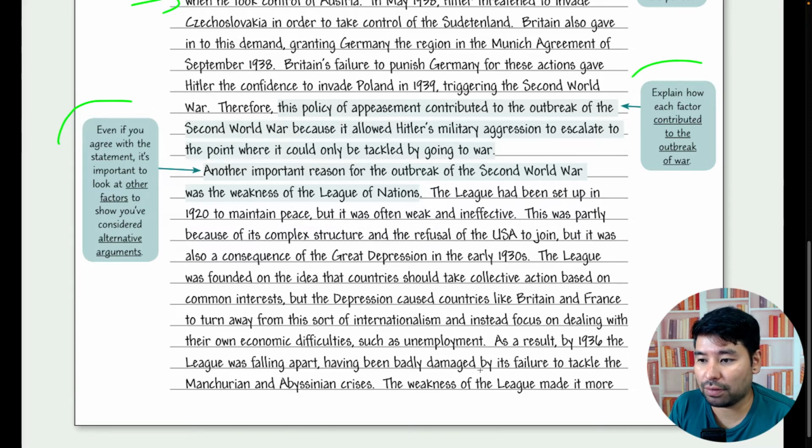The League was founded on the idea that countries should take collective action based on common interests. But the Depression caused countries like Britain and France to turn away from this sort of internationalism and instead focus on dealing with their own economic difficulties, such as unemployment. And as a result, by 1936, the League was falling apart, having been badly damaged by its failure to tackle the Manchurian and Abyssinian crisis. The weaknesses of the League made it more